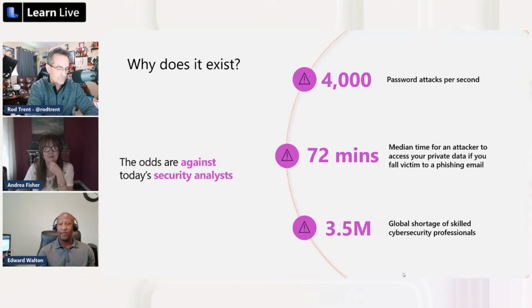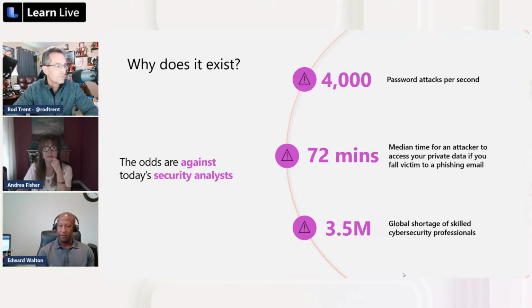But once an intruder gets a foothold, and it has a viable account or attack vector, it's about 72 to 83 minutes before they break out, and they start going left, right, or east, west first. And if you're familiar with the attack kill chain or cyber threat model, that's only the amount of time before they start going north, south, which is privilege escalation. And then we go back to that number at the bottom. That seems to be the thing that we're thinking Copilot is going to be able to do. 3.5 million head count globally of skilled cybersecurity professionals.